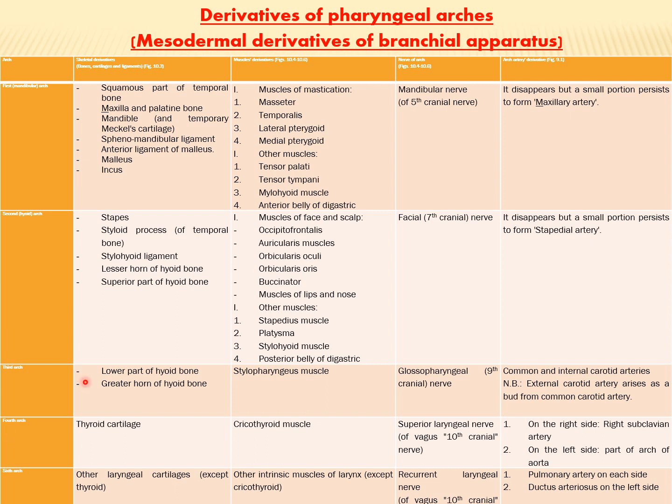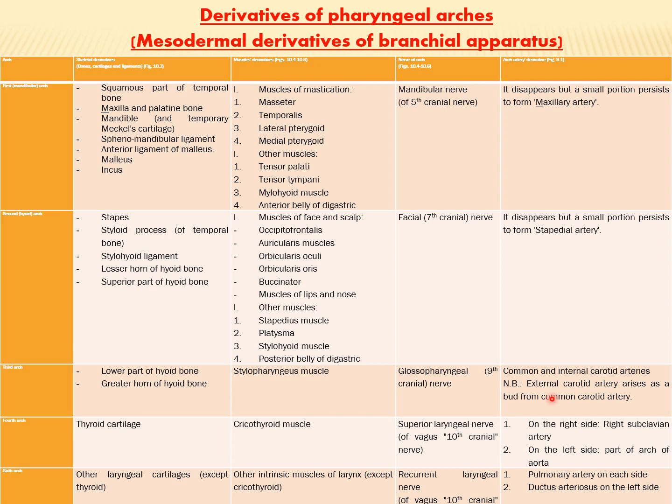The third arch skeletal element, as we said, lower part of hyoid bone, greater horn of hyoid bone. Regarding the muscle, there is only one muscle, stylopharyngeus muscle, supplied by glossopharyngeal nerve. And the pharyngeal arch artery gives three arteries. This is the arch number 3, the third, give 3 arteries which are called common carotid, internal